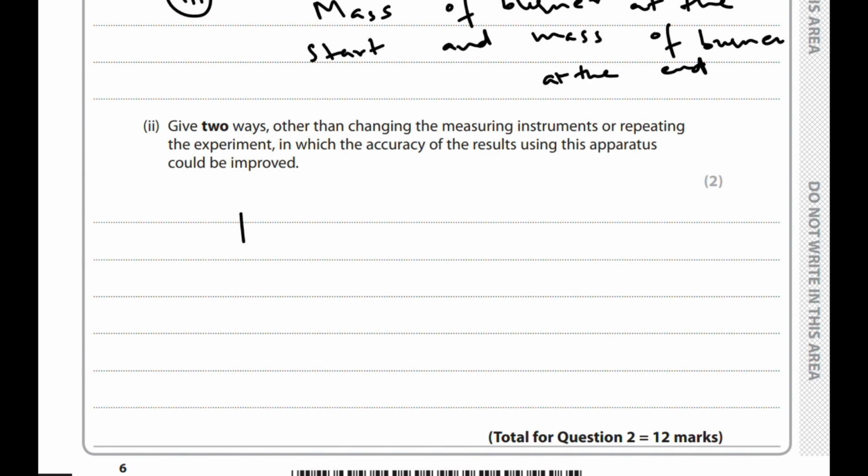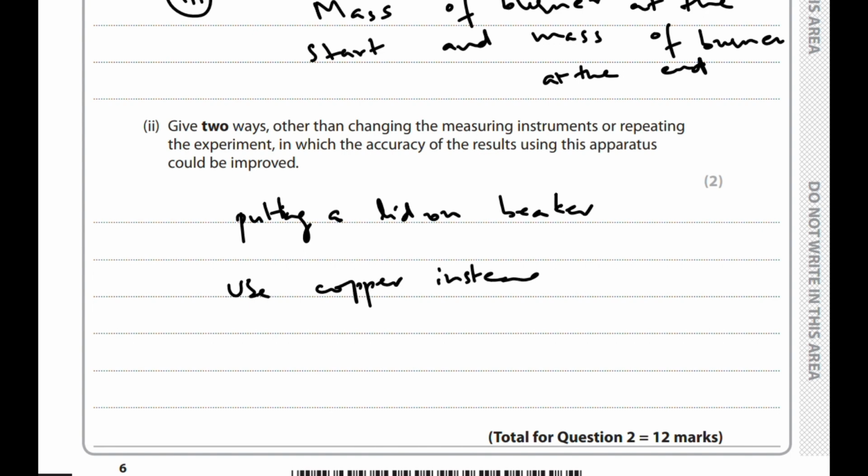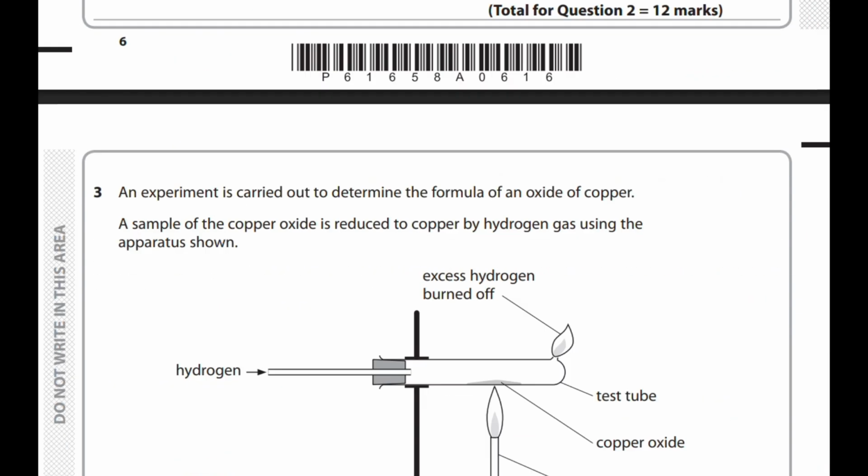First, putting a lid on the beaker to avoid heat loss from the water. Then you can also use a copper beaker instead of a glass beaker. Now I think 2 points are enough because this is of 2 marks. So this is all for